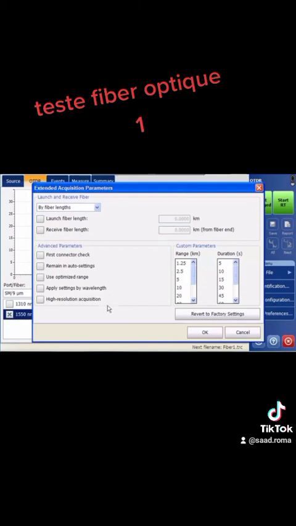And then down here in the advanced parameters, this allows us to tweak some of the settings, whether or not we want to do a first connector check, whether or not we want to stay in full auto mode. So if I select this and go back